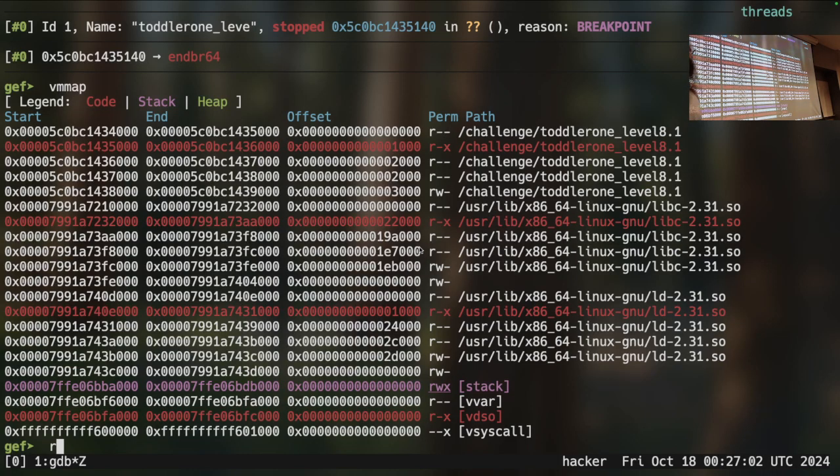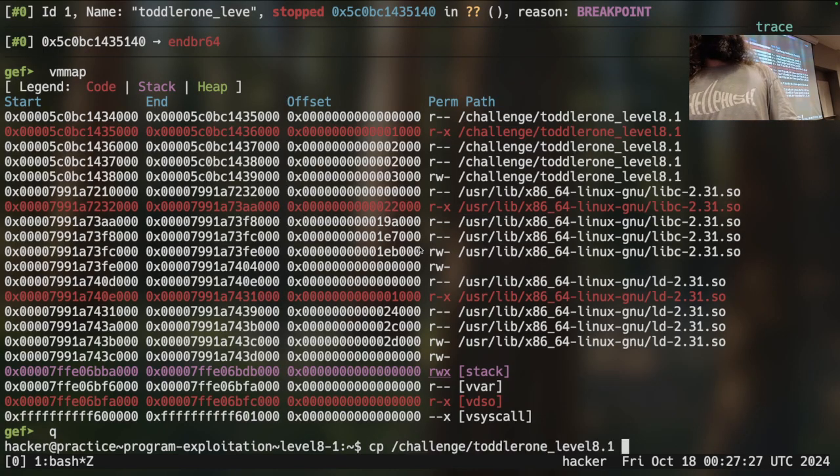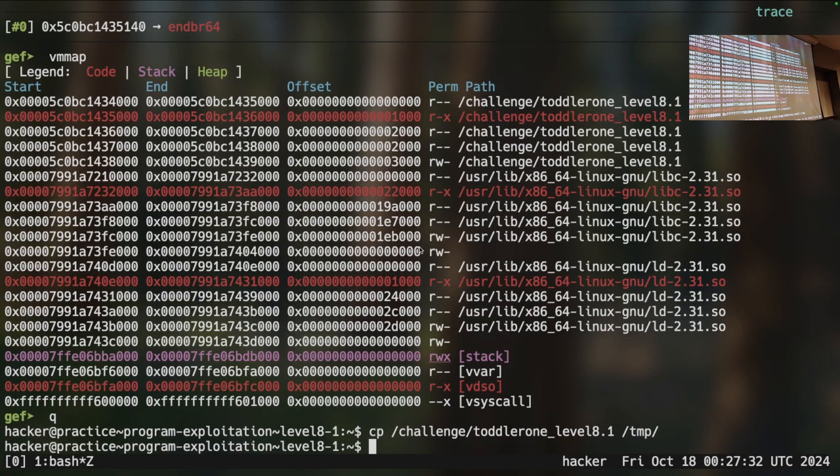Specify a base address in GDB and use that specific base. So there's a statement about specifying a base address in GDB. I don't know that functionality offhand. Does that work on setuid binaries? I bet not, because by default, GDB does not disable ASLR on setuid binaries. All right. So what happens if I copy this challenge into temp? Is my copy a setuid binary? Okay. So what happens if I GDB this copy?